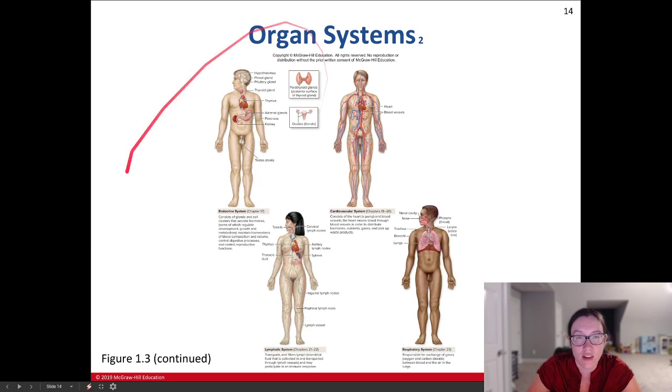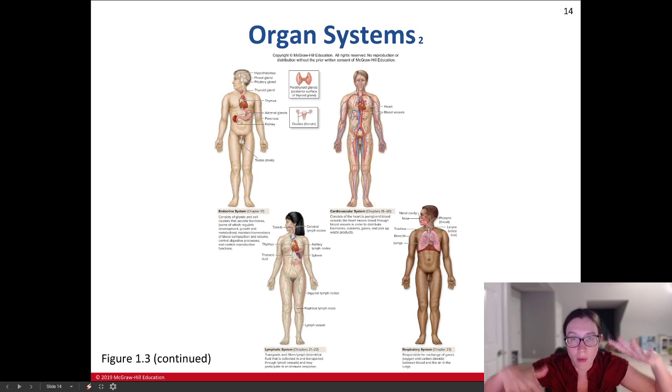So the first one is the endocrine system. The endocrine system is going to be made up of lots of glands and some pieces of the brain too. So the hypothalamus, pineal, and pituitary gland, we'll learn about these in the nervous system also. The thyroid gland, the thymus, adrenal glands, pancreas, kidney, testes. All of these are important in the endocrine system. The endocrine system is the other important control system of the body. First we had the nervous system, which controls things via nerves. Now we have the endocrine system. All these glands are going to be releasing hormones,